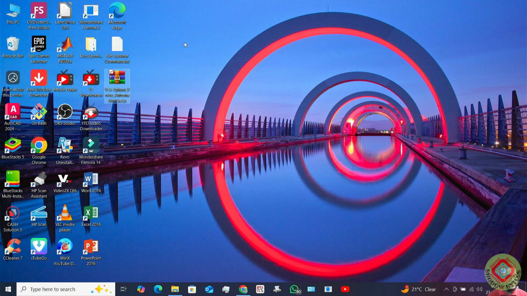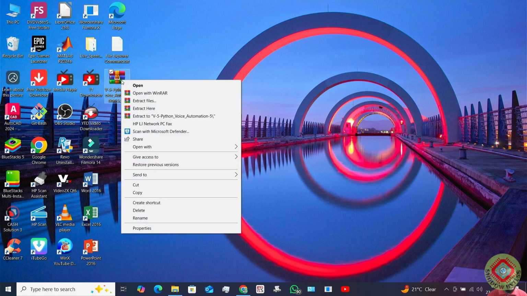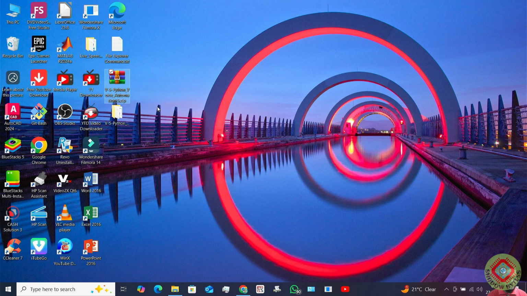So friends, first things first, you need to download the zip file of this project. The link to download the zip file will be given in the description below, from where you can download it. And this is the zip file. After downloading it, you need to extract it. Just right click and choose Extract Here, and it will be extracted. In your case it may be in the downloads folder, but for mine it's on the desktop, and I have extracted it,